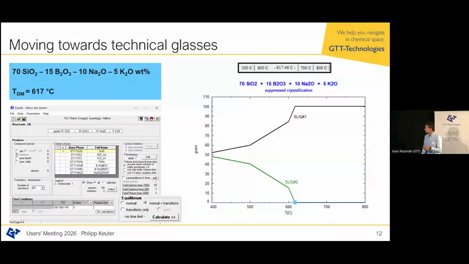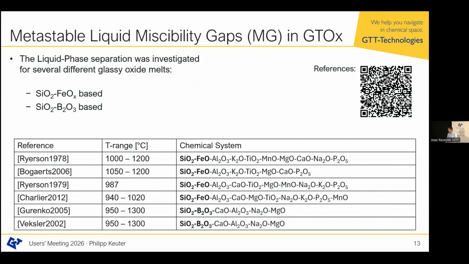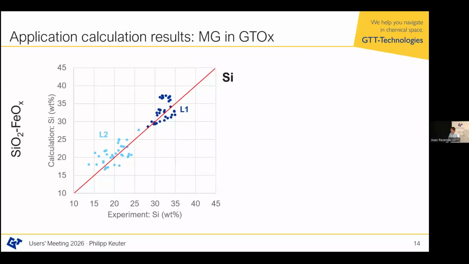But there is more to consider. There are many different glass compositions, and I already indicated that we aim to verify that our binary and ternary assessments yield high quality extrapolations to higher order systems. So what we do, we check the literature, we check what experimental measurements have been done, and here you see a list of references. You see that we have investigated the liquid phase separation for silicon iron based glasses and silicon boron based glasses. And then we take one glass, one composition,